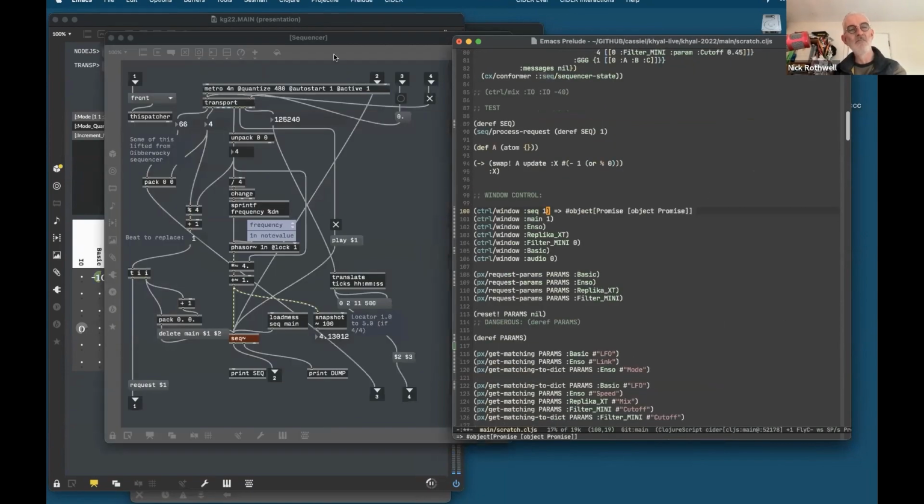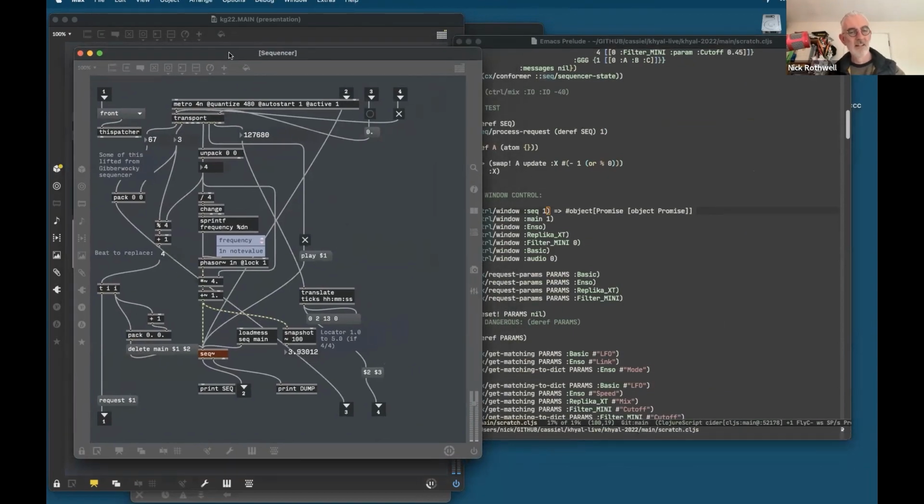Then there's all the machinery going on behind the scenes. And again, because this is quite decoupled, when you fire something into Node, you don't get the results back straight away. You've got to actually, just like Gibberwacky, prepare your notes in advance. So rather than say, right, I've got a certain timestamp here, now I play my note, you've got to say, I've got a certain timestamp here, therefore I'll prepare all the notes that are going to be played 1 beat from now. And we throw them into a